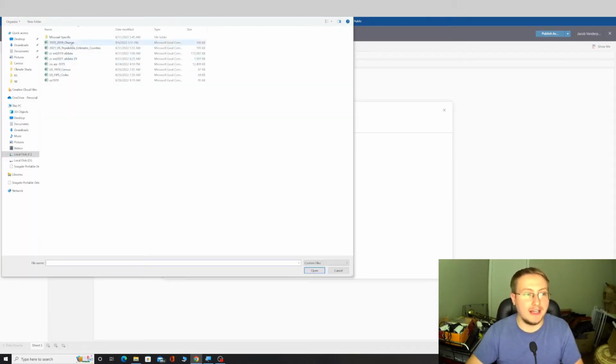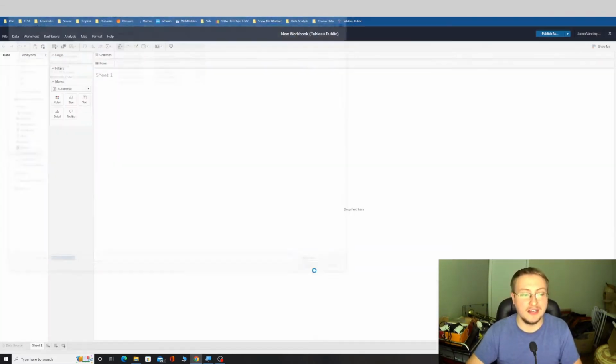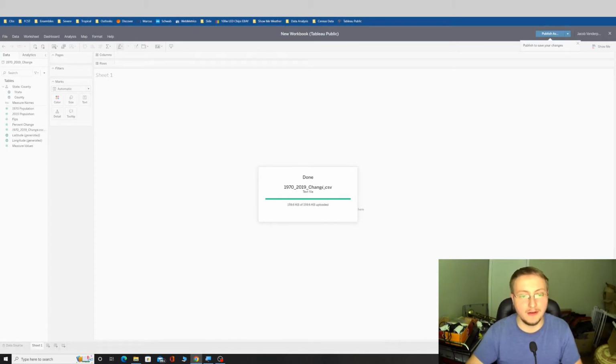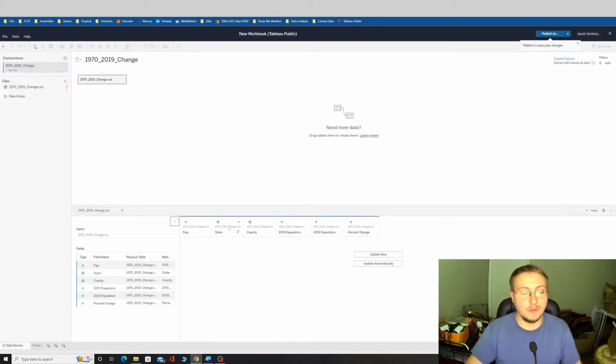Next, we have to find our data. We're using this data set right here. It's census data, and it contains quite a bit of stuff. It's a CSV file, or comma separated values file. Tableau easily reads these. So once we've uploaded that file, you can see we've got the different field names here,